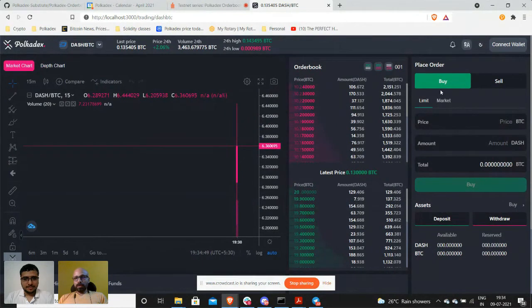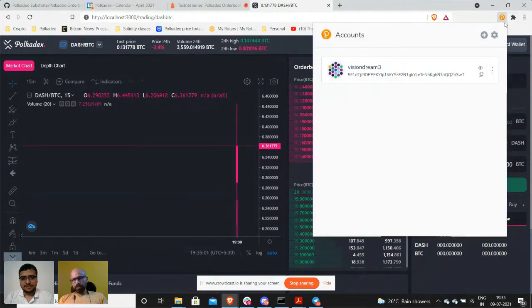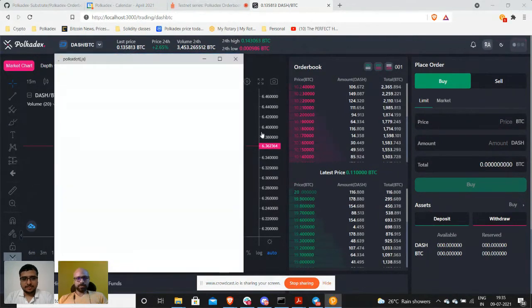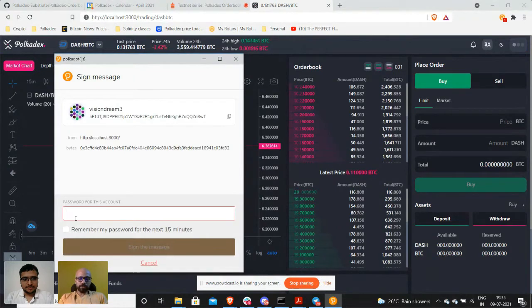For a person who's going to log in, he will see that he has the option to connect his wallet. If you have a Polkadot.js wallet already installed, you can see the wallet address here. He has to click on connect wallet, and this is basically what he'll have to do when he first logs in.